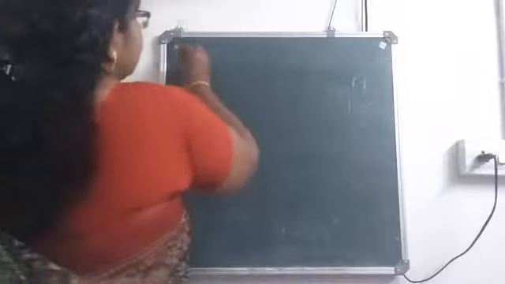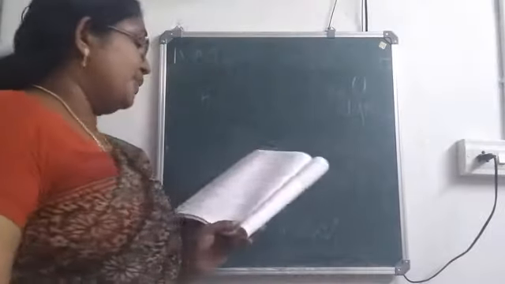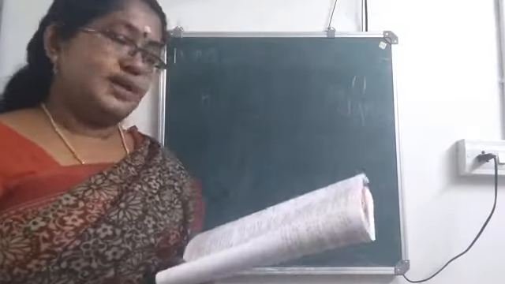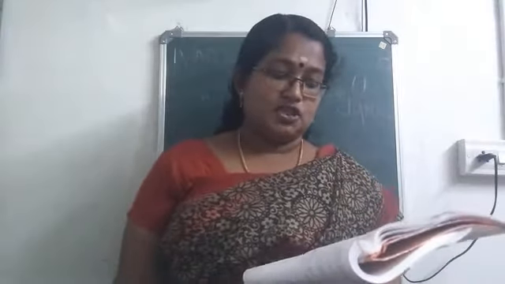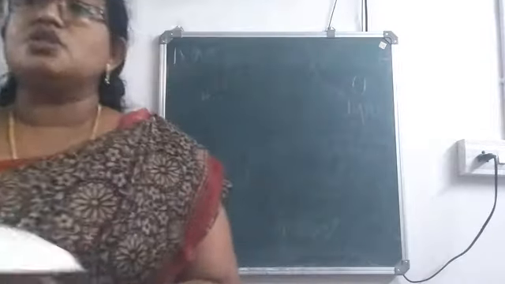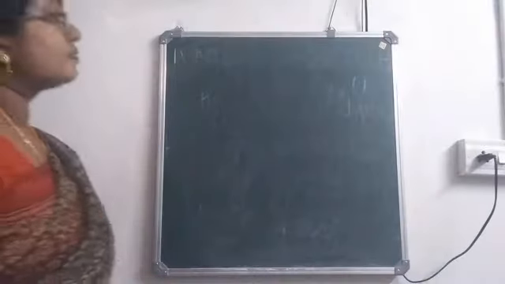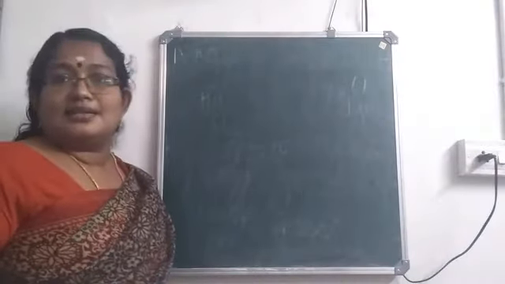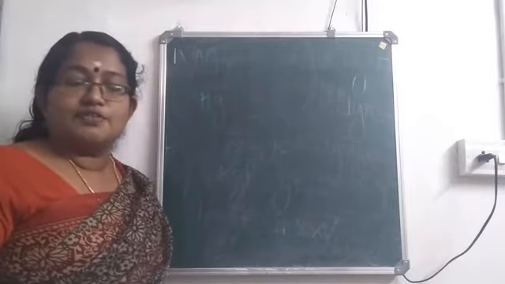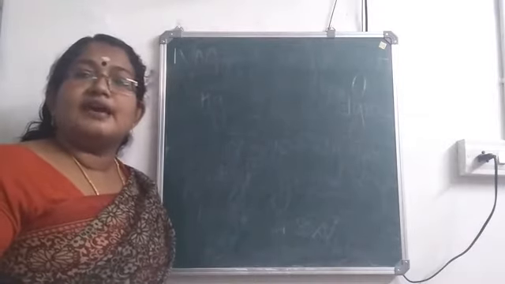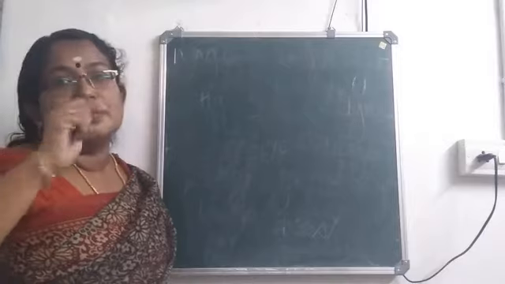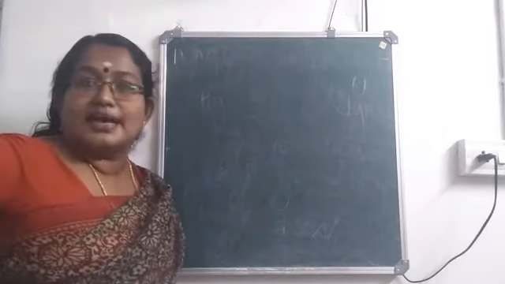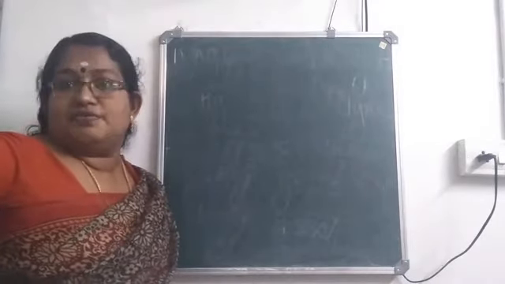First one. The force of attraction between two bodies at a certain separation is 10 Newton. What will be the force of attraction between them if the separation is reduced to half? Okay, so here it is a comparison, isn't it? They didn't ask us to get the value, so we have a comparison. And do you remember what you have to do if it is a comparison? You have to divide, isn't it?